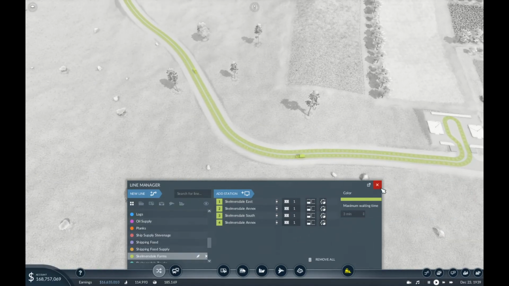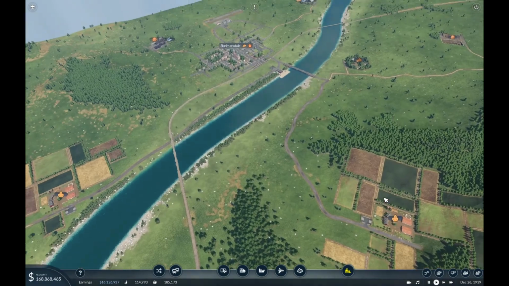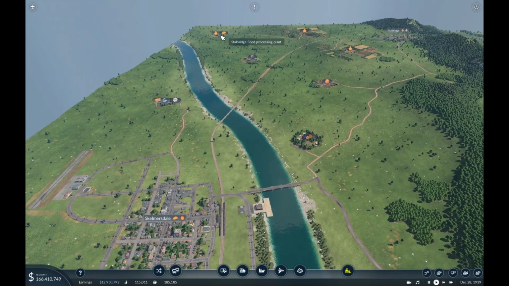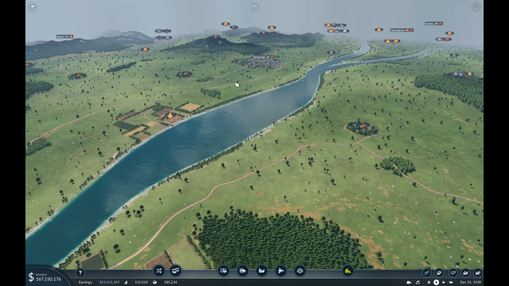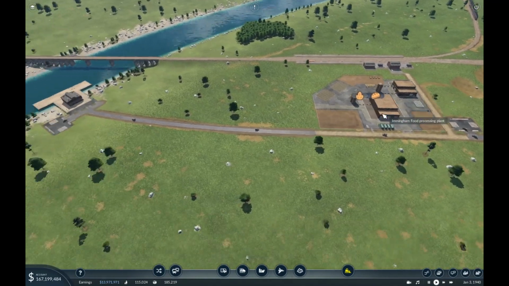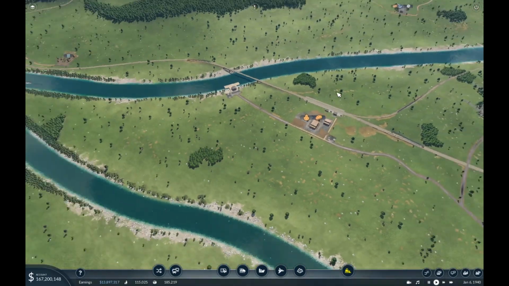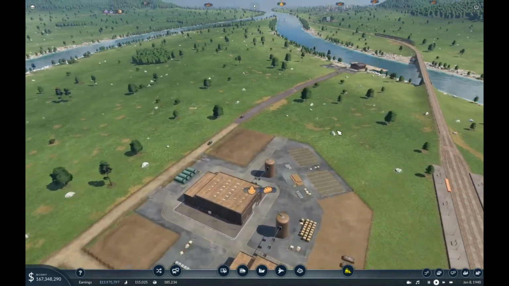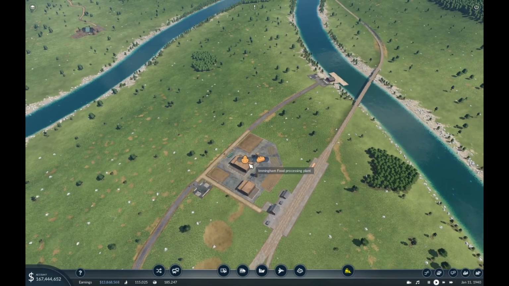Set that back to 1. Look, it makes a difference. I'm just wondering, because there's a food producer here, I'm wondering if they... I don't know, it should pick it up though. The only other solution is to maybe bring the river in. It's going to cost a fortune and it's going to be a right mess. I don't really want to do that. I was going to say bring this so that it's in reach of this, but...